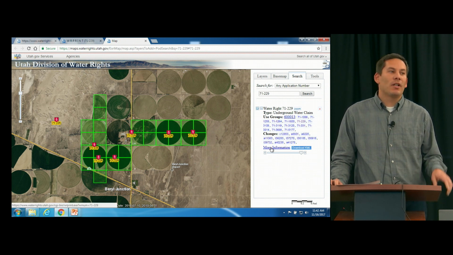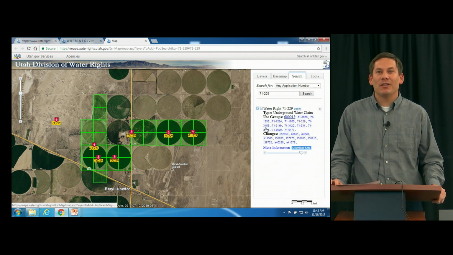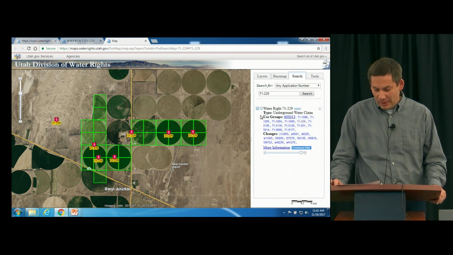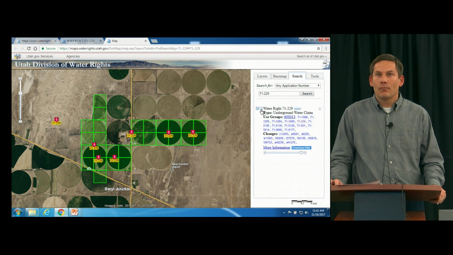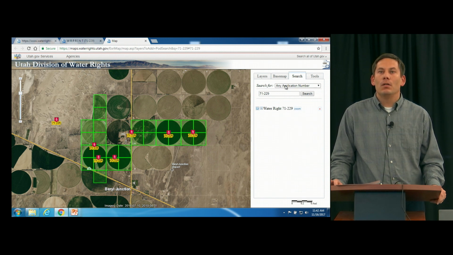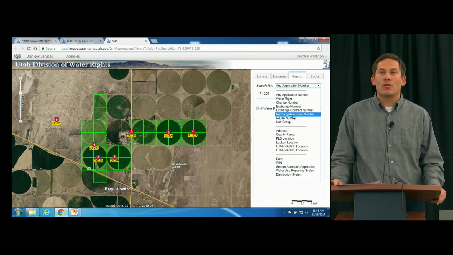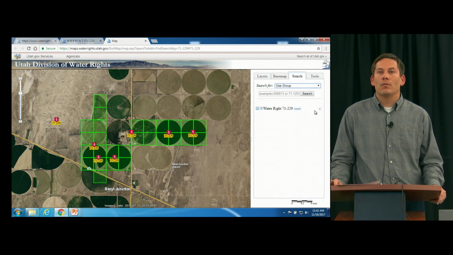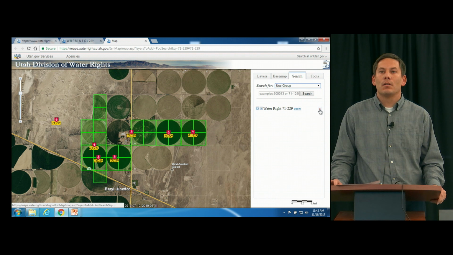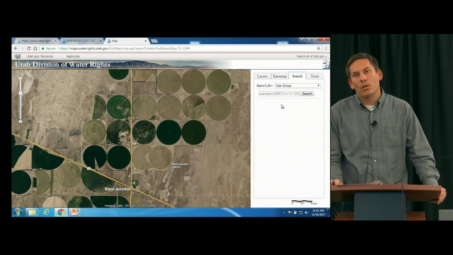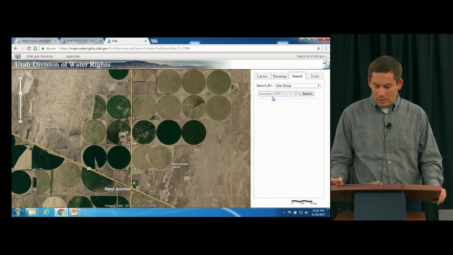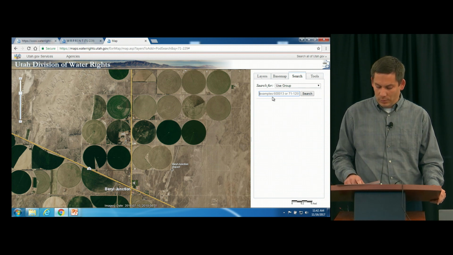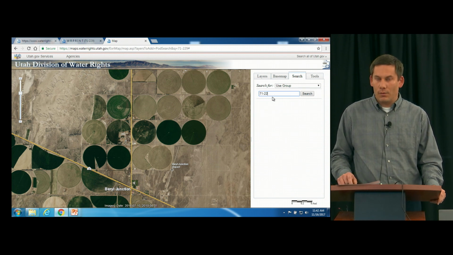Click on more information, that'll actually take you back to where we came from with the WR print program. There's lots of things you can search for here, and one of those things is a use group. I'm just going to remove this from the list for right now. For use group, you could search by the group number, but oftentimes that's not what we know. We know the water right number, so I'm going to search for that same water right that we were looking